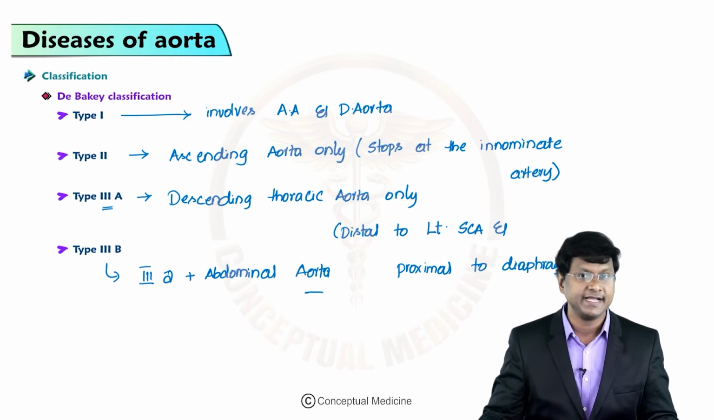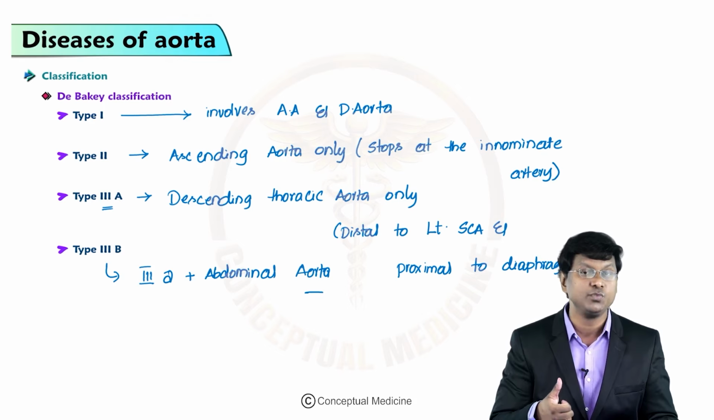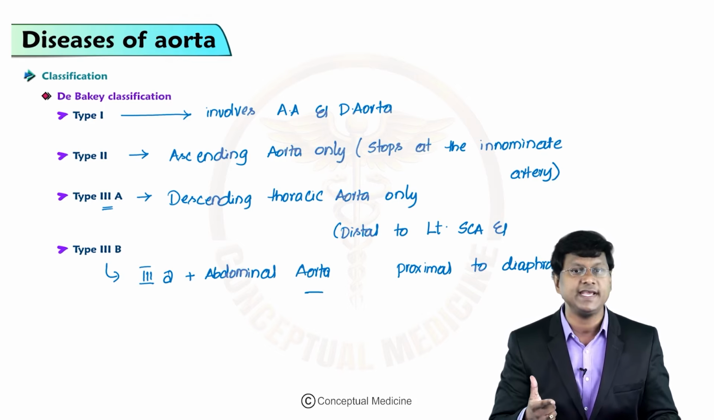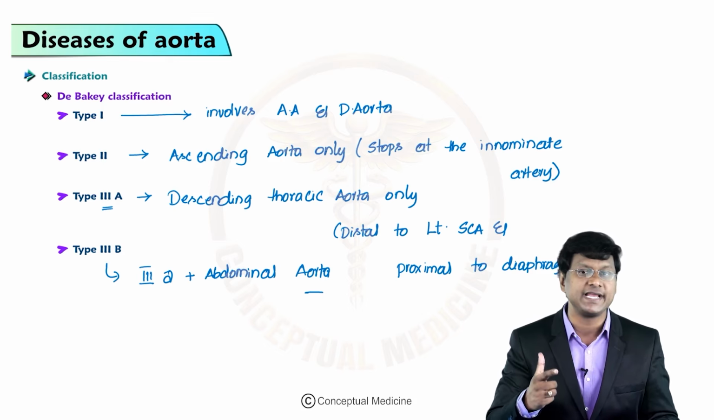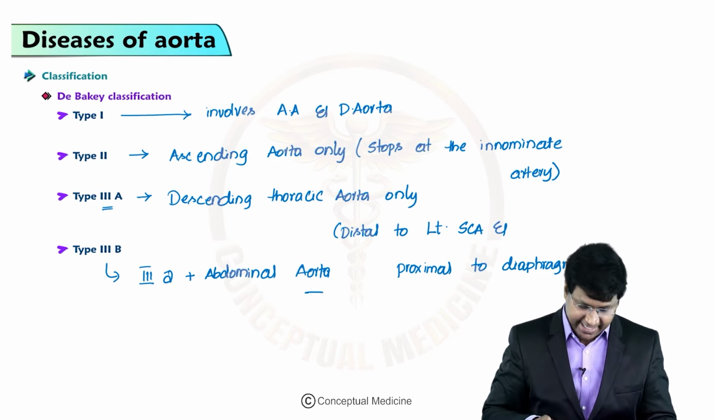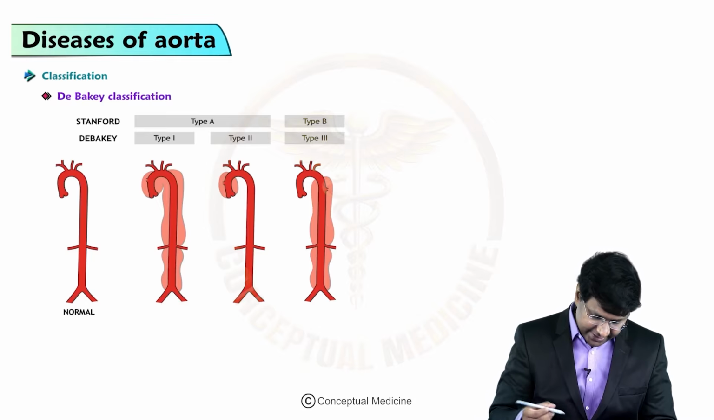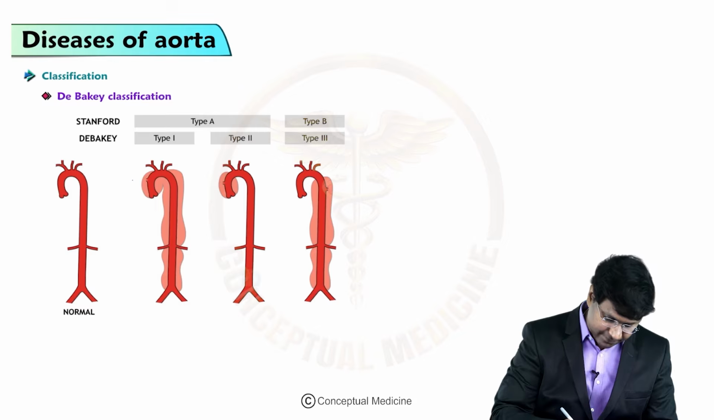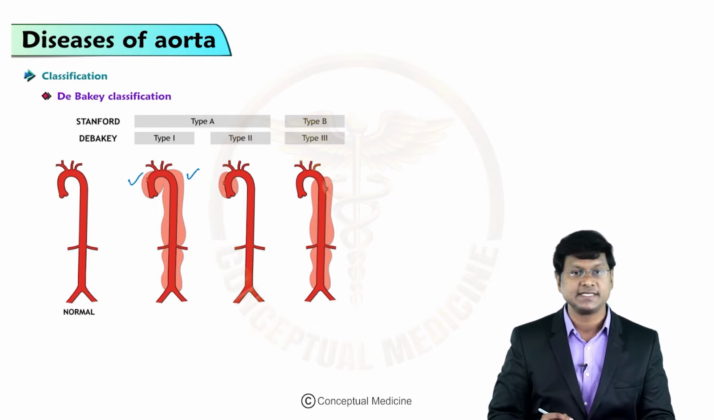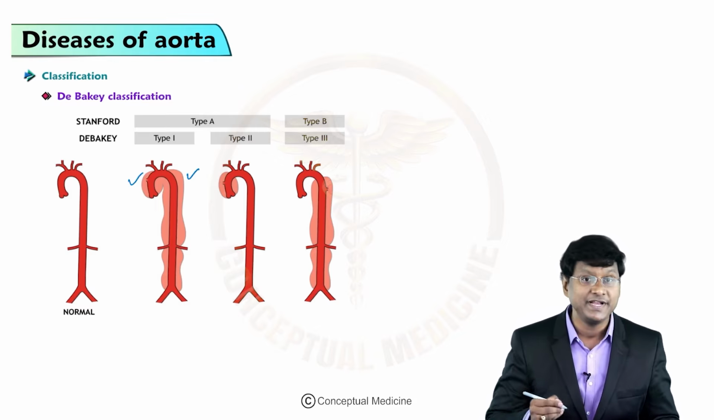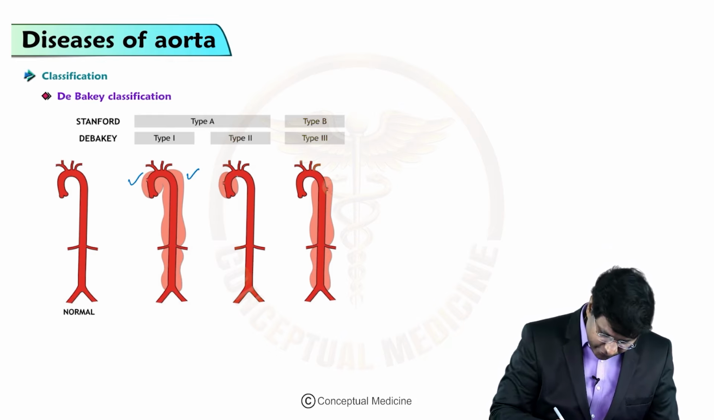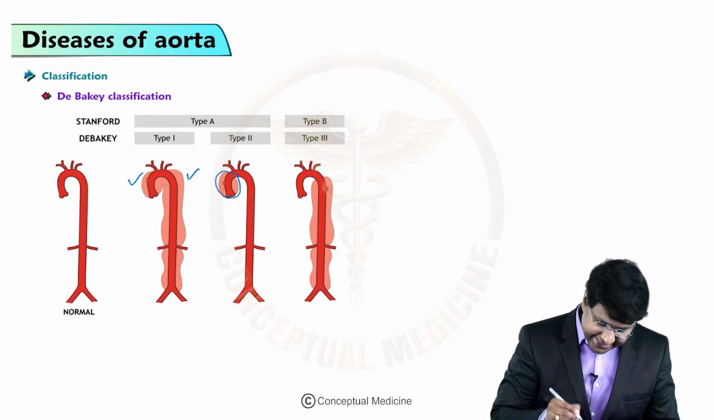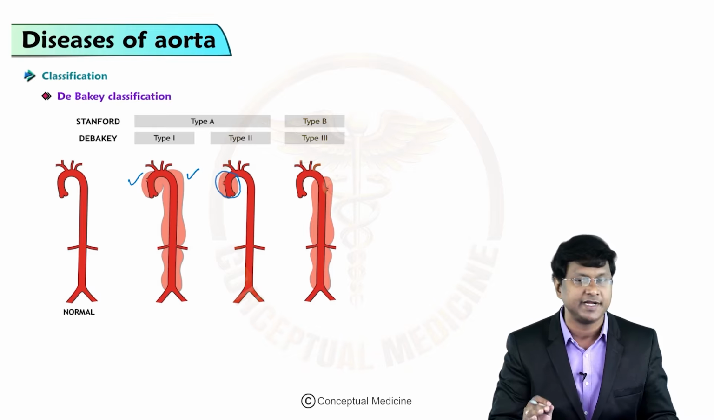So that is your DeBakey classification. Type 1, involvement of ascending and descending aorta. Type 2, involvement of only the ascending aorta, and it stops at the innominate artery. And I'll just show you that. You take type 1: there is involvement of both the ascending and the descending aorta. In type 2, only the ascending aorta is involved, and it stops at the innominate artery,